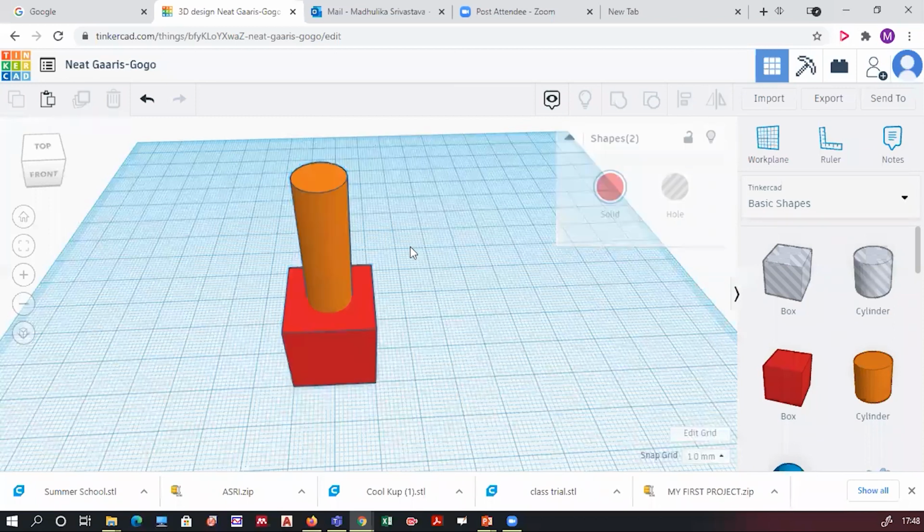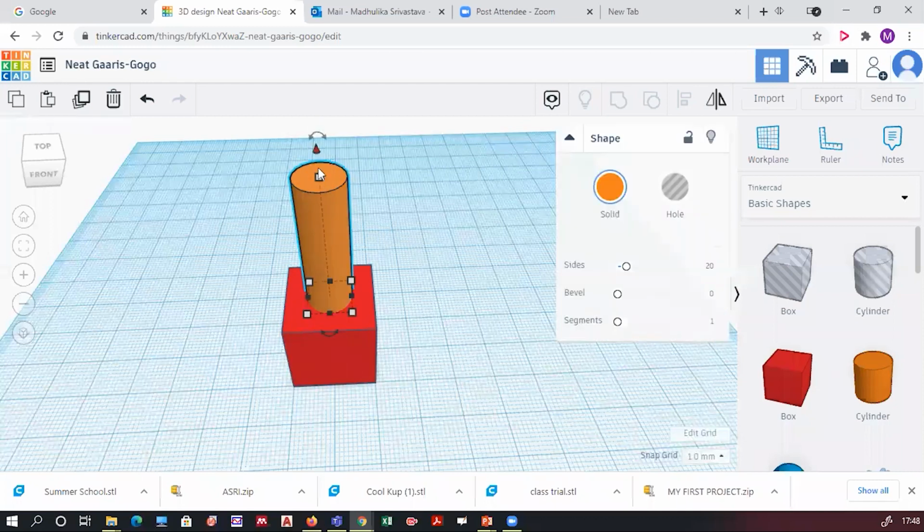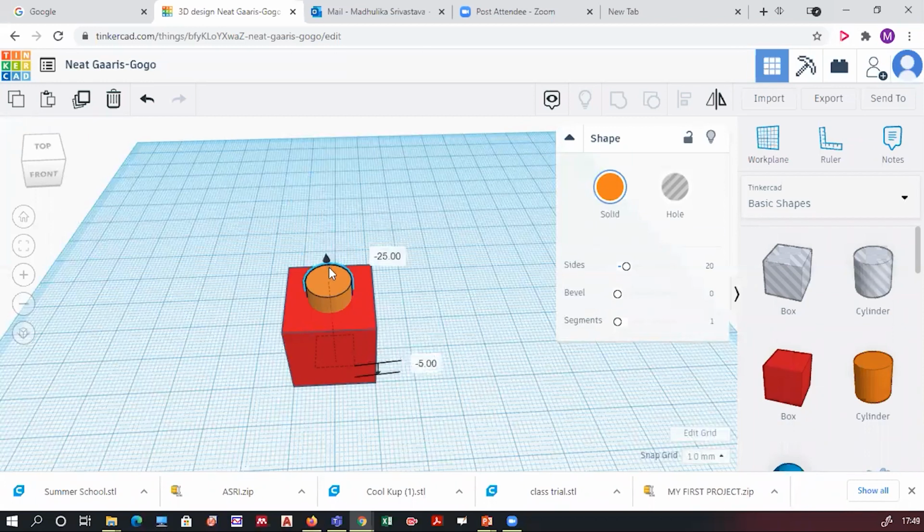Ungroup both the objects. Now what I will do, I will drag this cylinder inside the box. For dragging it inside, I will click on this black triangle. This black triangle raises the object above and below the workspace. So I will insert this cylinder inside the block like this.